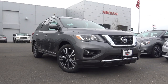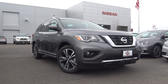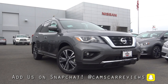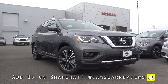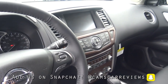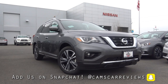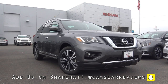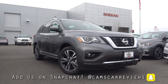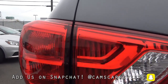If you look at the entire history of the Pathfinder, it suffers a little bit from an identity crisis. Back in its first generation, it used to be a very rugged truck-based SUV back in the early 90s and was a lot smaller than the one we have here. Then in its second generation, it went to being a car-based SUV, but was still pretty rugged looking and also was still pretty off-road capable. Then in its third generation, it went back to being a truck-based SUV and offered a V8 engine as well. Then you have the one we have here, which is the fourth generation that debuted in 2013,